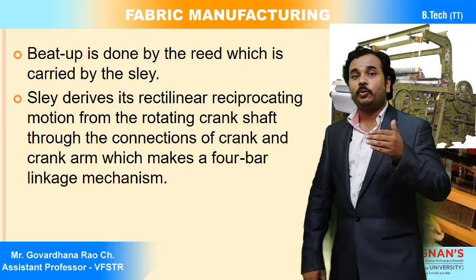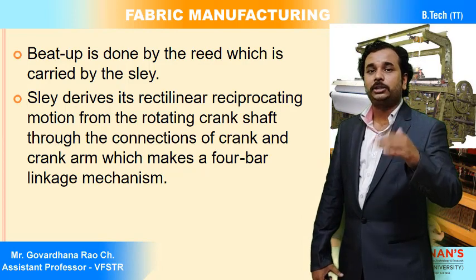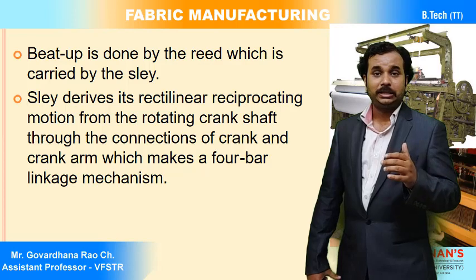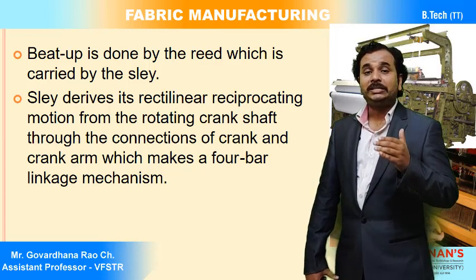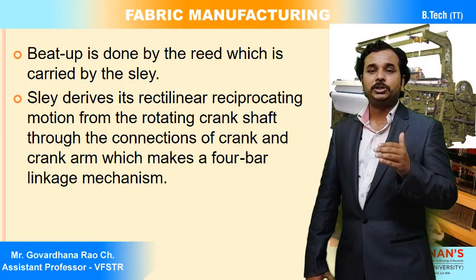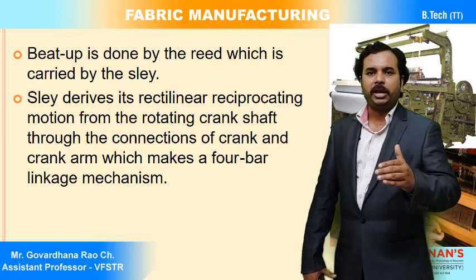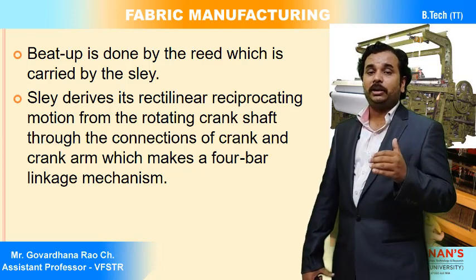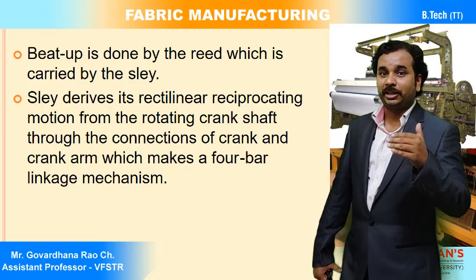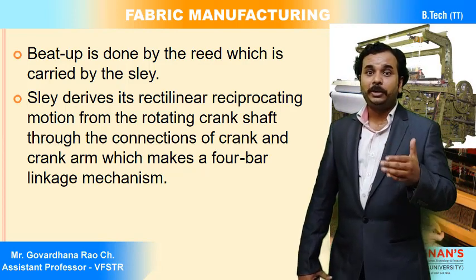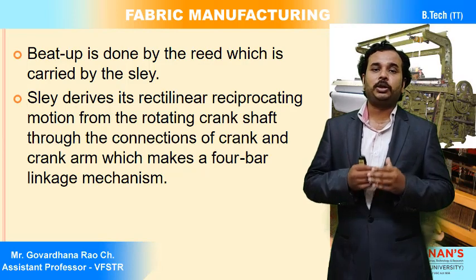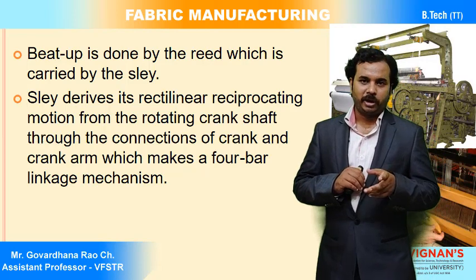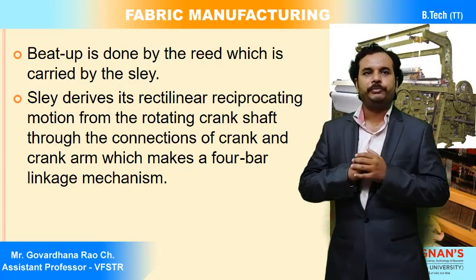So this is called 1 per dent, 2 per dent, or 3 per dent. Generally this 1 per dent, 2 per dent and 3 per dent depends upon the design, the fabric design, whether it is a plain woven fabric, a twill fabric, or there is a Dobby design. So what is the design type, whether it is satin or a Dobby design? Depending upon the design, the number of threads drawn through between the dents is going to vary, that is, ends per dent is going to vary.